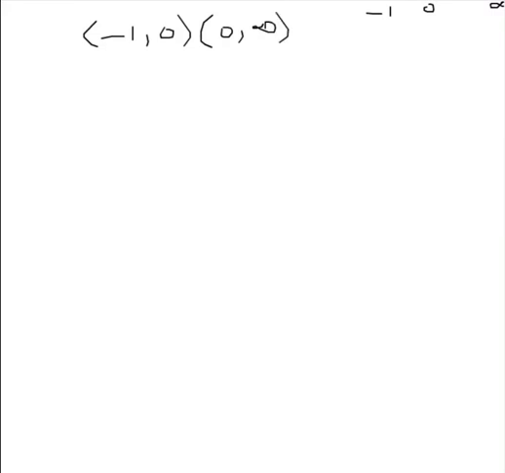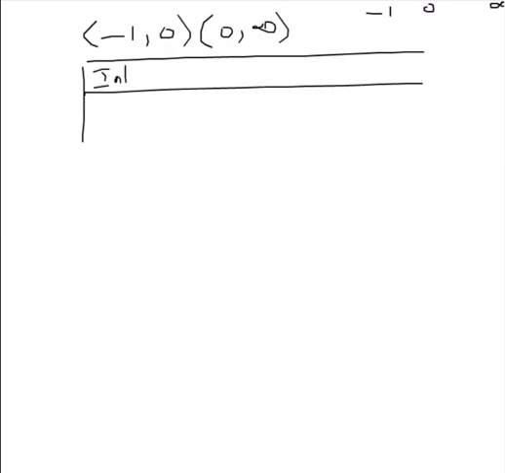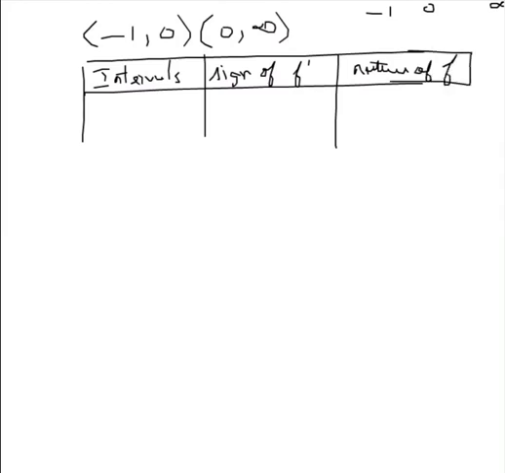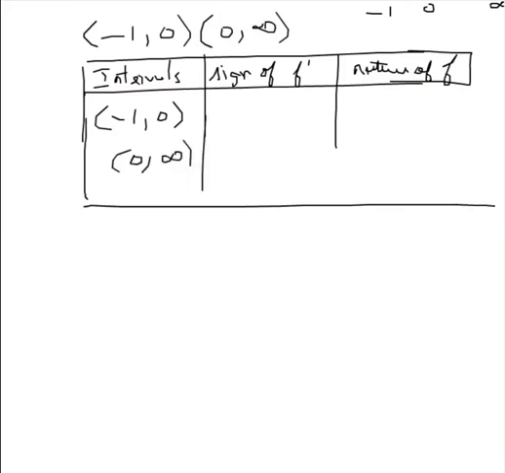Now in each interval we have to check. Intervals, sign of f dash and nature of f. We have only two intervals in this question. You have to show at which test value you are checking. So I am taking minus half,